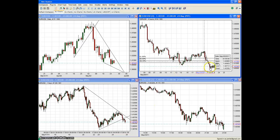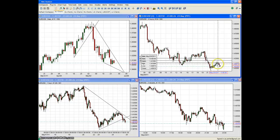You can also see on the 4 hour chart that we have had a retrace from the recent down move up to the 31.8% retracement zone, followed by a 4 hour engulf candle, and since then we've seen some movement heading down. Going over to pound dollar,